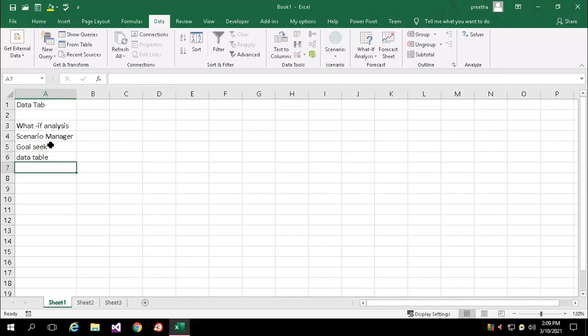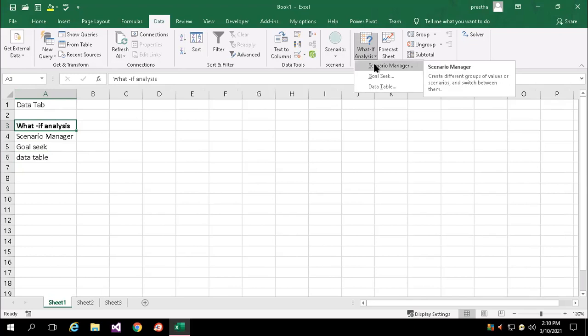So today's topic continues with the what if analysis command, which is in the data tab. What will happen if you wanted to forecast your future sales, or you wanted to get the expected value in a cell?